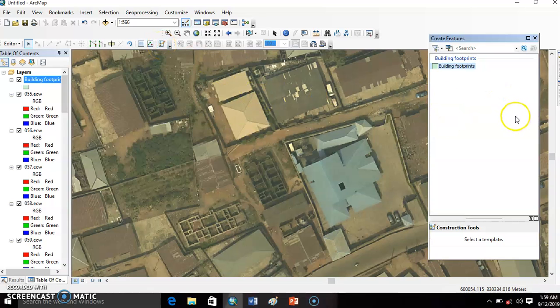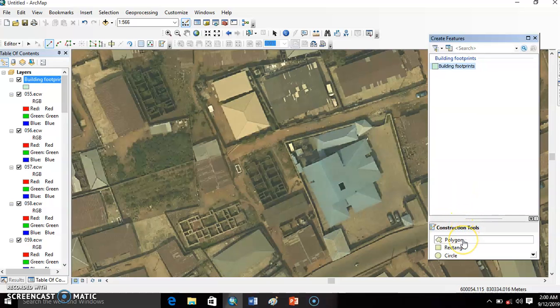It gives you this create feature drop down window, and in this window, because the building footprint is the only vector file that we have created. If you create more than one file, you will see all of them here. Then you select the file you want to digitize into, the one you want to modify. So you say building footprint.